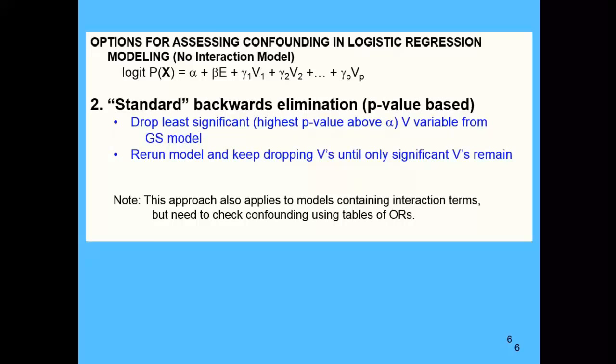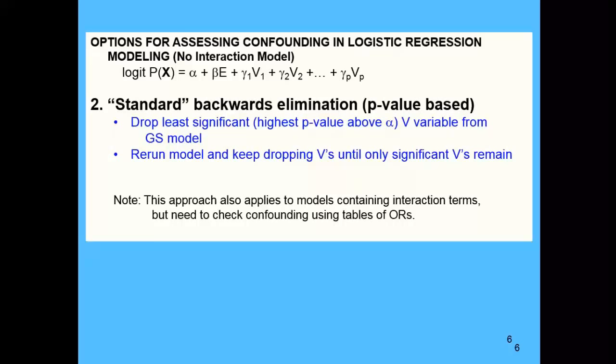Now, if that highest p-value is less than 0.05, what does that mean? The least significant one is significant, right? If the highest p-value of all 10 is still significant, what's that going to tell you about dropping variables? You don't drop any, because even the least significant one is significant, so you're stuck with this model with those